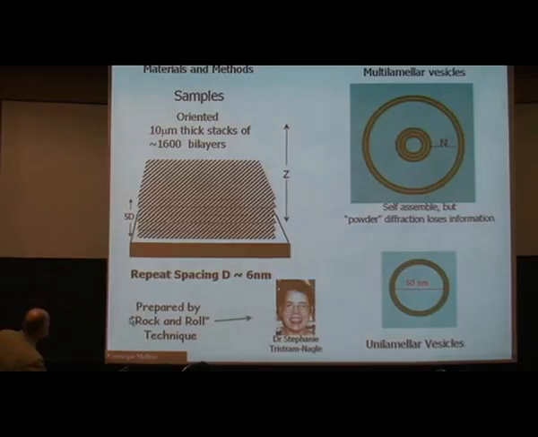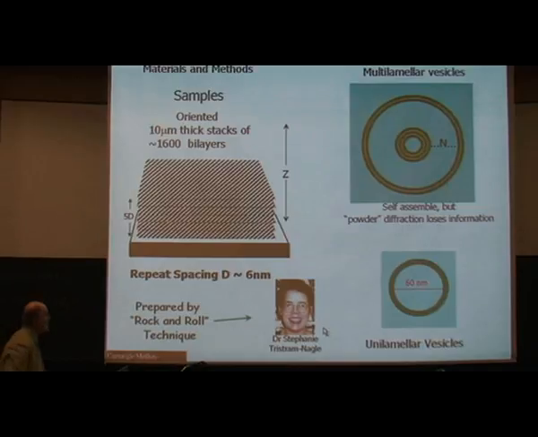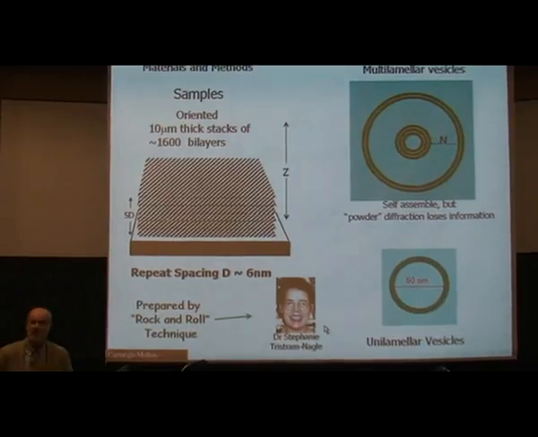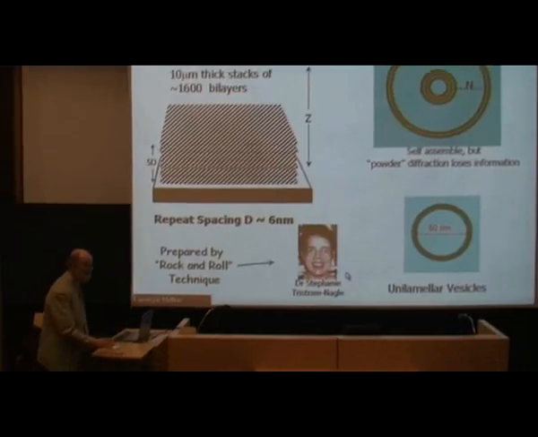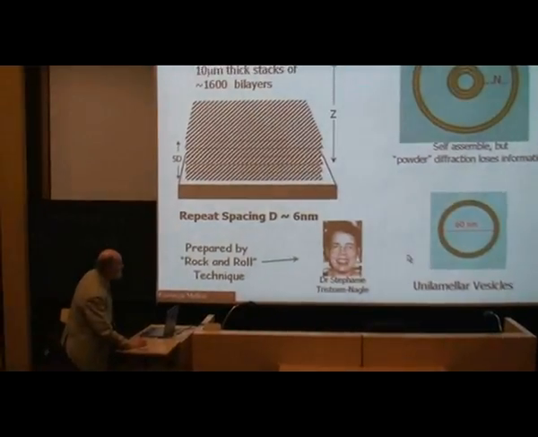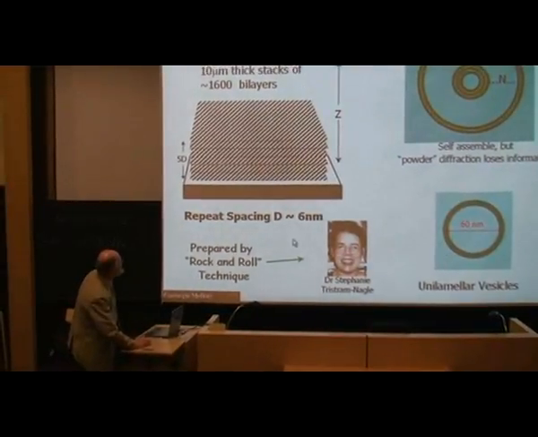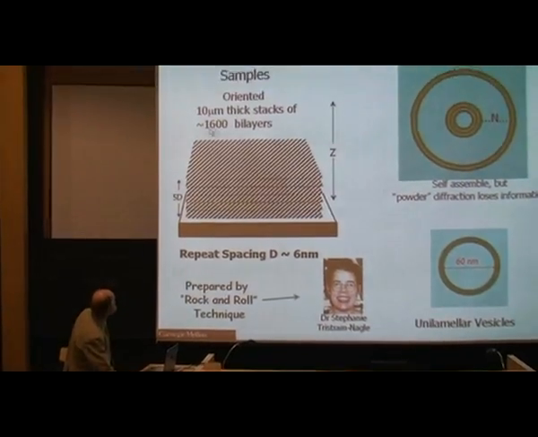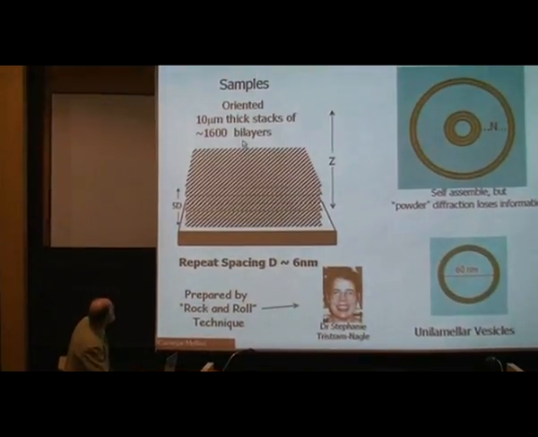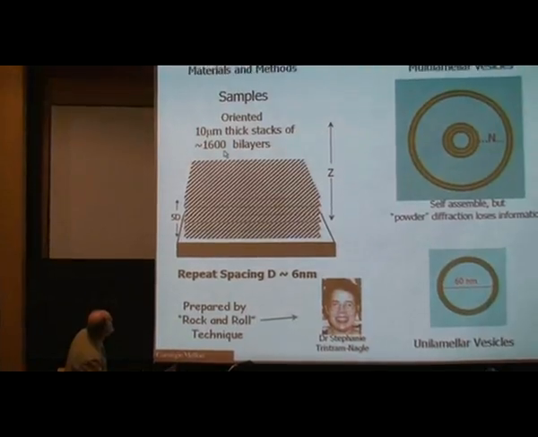And we have a neat way of preparing these. I won't go into details. They're prepared by the person who really runs my lab, and you can see there might be some relationship by the name. So those are the kinds of samples that we deal with. The point is there are a lot of these. I only showed 6 here, but there's something like 1,600 of them in our typical samples.